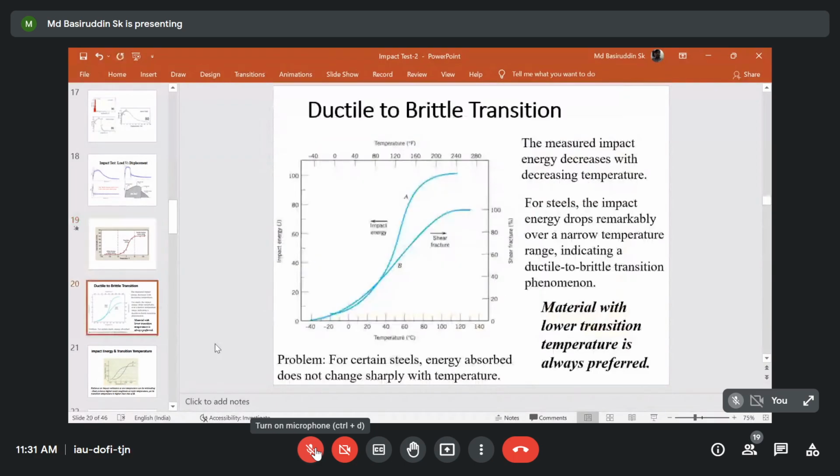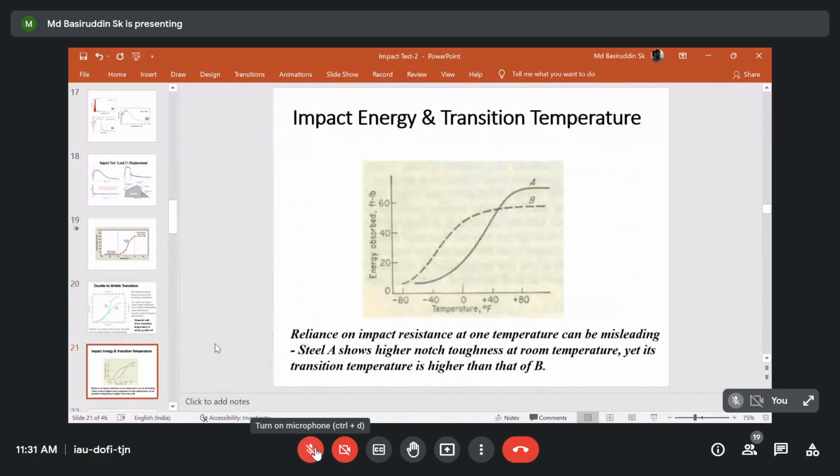So in industry, people try to evaluate this ductile to brittle transition temperature based on their requirement, meaning where they are using this material, and for that particular environmental condition, what should be the maximum energy and what should be the minimum energy absorption capacity in the material. So considering these situations, industry people, researchers, the research labs try to develop the material. So here, intentionally I put these two curves to show you how this upper shelf energy will